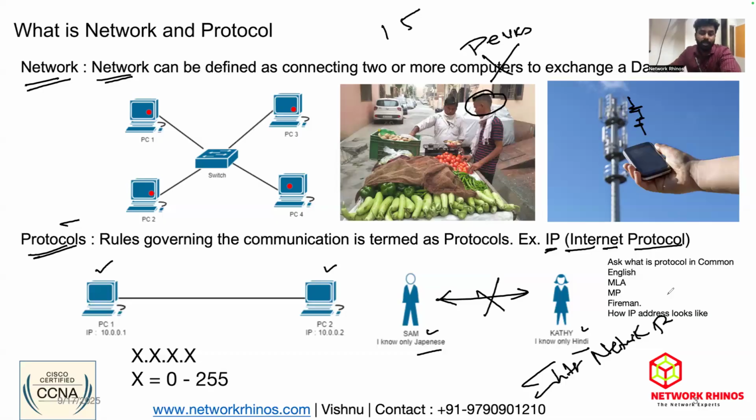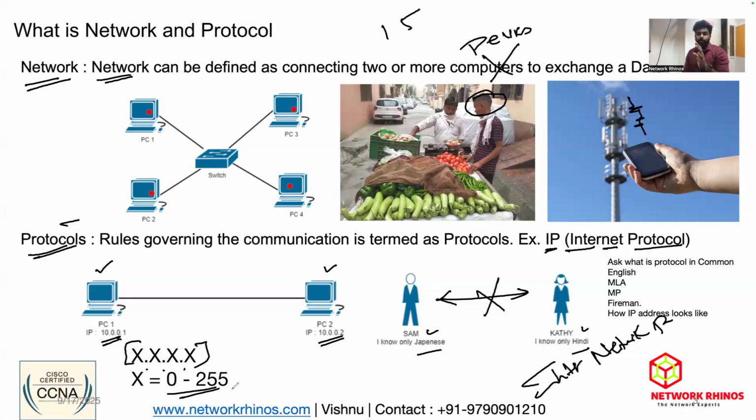Now the question comes, how does an IP address look? It looks like this, 10.0.0.1, 10.0.0.2. That's how an IP address looks. So an IP address consists of 4 numbers like this, separated by 3 dots. And these numbers will be in the range of 0 to 255. So in less than 2 minutes, if someone gives you an IP address, you can easily tell whether it's a right IP or wrong IP.